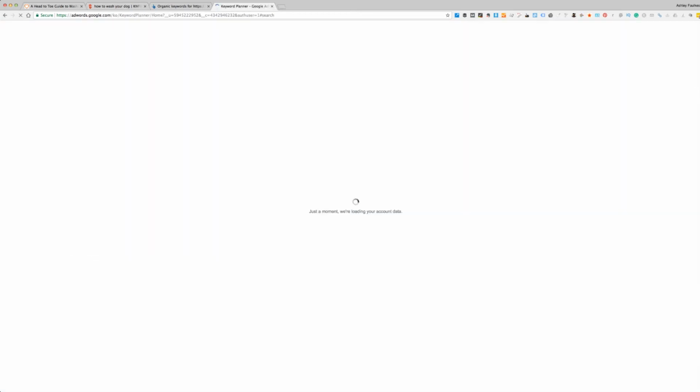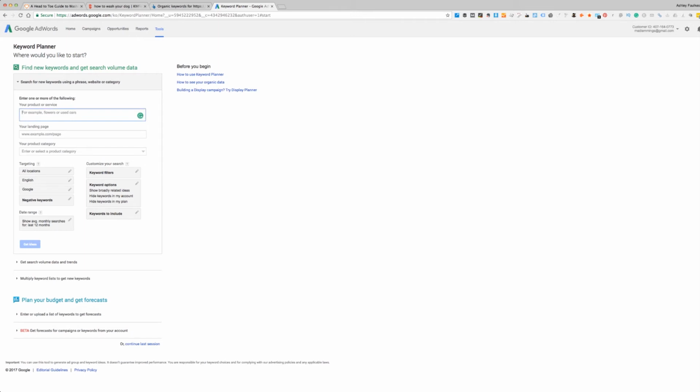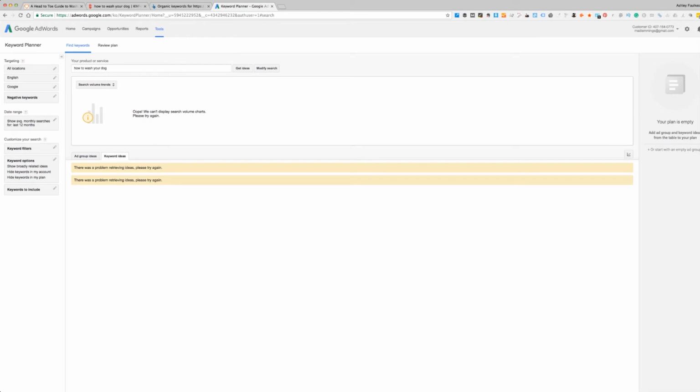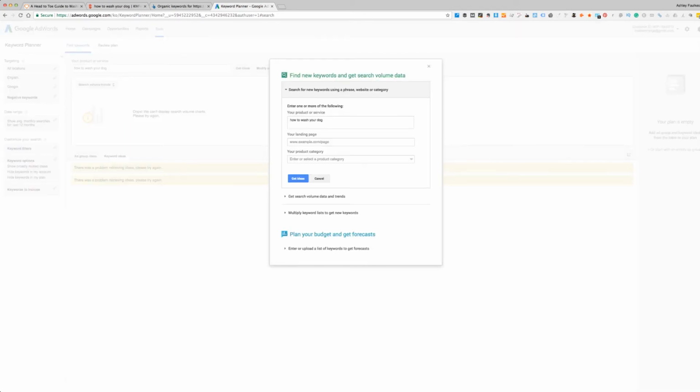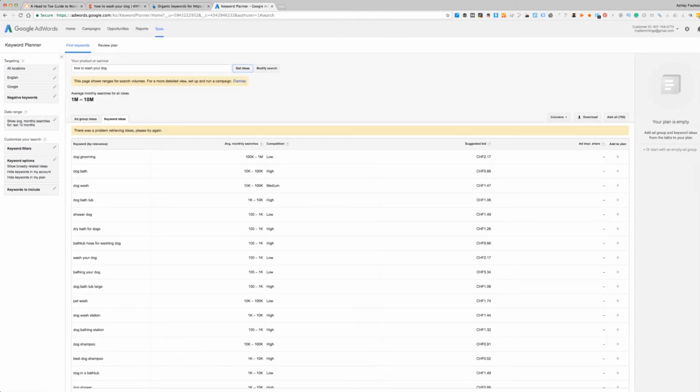If I actually quickly jump into there, I'll show you how that's actually useful to use as another tool as well. It doesn't give you the data that KW Finder gives you, but it certainly gives you a good idea. We can type in how to wash your dog. And this tool always has problems, which is why I really don't like it. Keeps breaking all the time, but I don't know how many years I've used this for. It always says I'm having a problem.